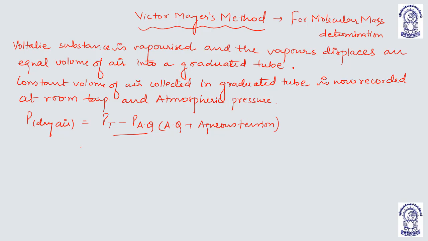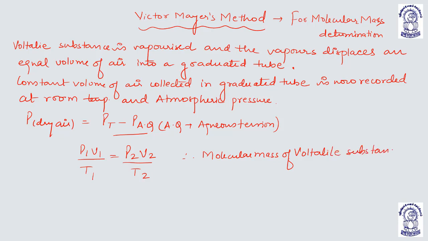And we have to use the gas equation P1 V1 upon T1 is equal to P2 V2 upon T2. So from here, the molecular mass of the volatile substance can be calculated,